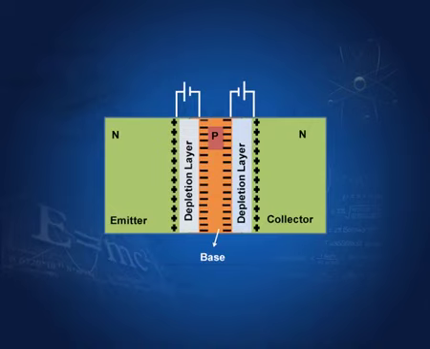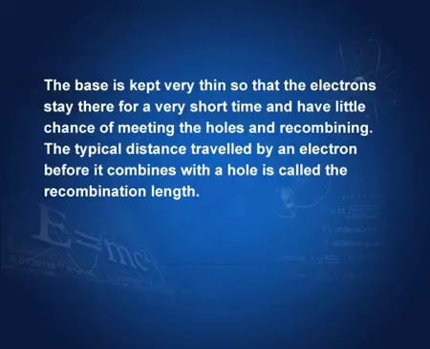I am trying to show this over and again, so that you get to understand what is going on. The base, as I have said already, is kept very thin, so that the electrons stay there for a very short time. You see, electrons which are coming from the emitter will stay in the thin base for a very short time and go away. If it is not a thin one, then electrons would be absorbed or will come in contact with the holes in the base. So, to avoid this, the base is made very thin, electrons just pass through the base and